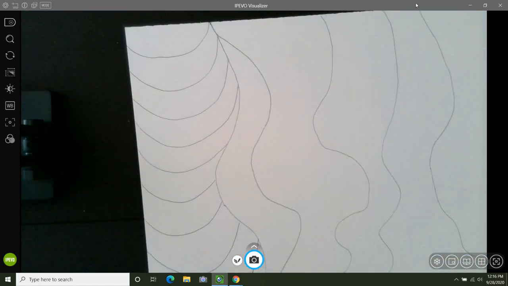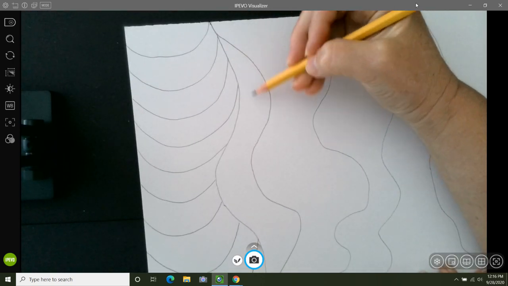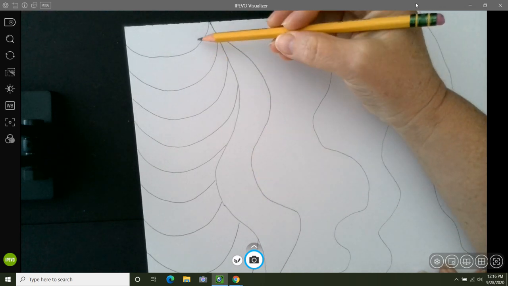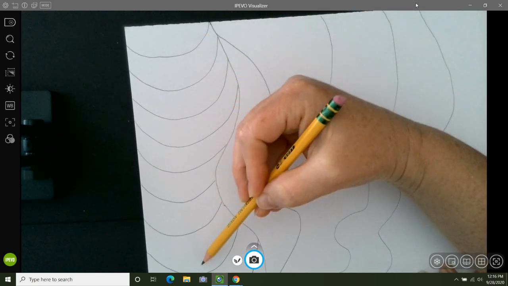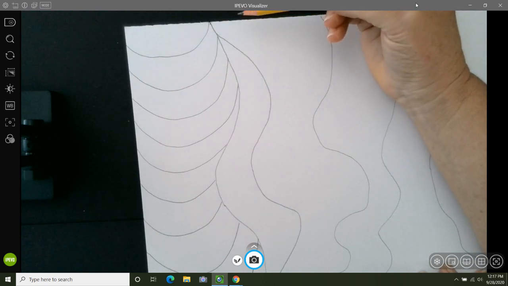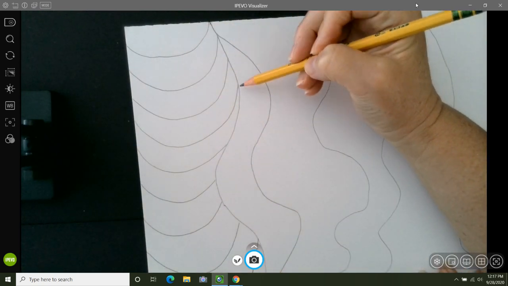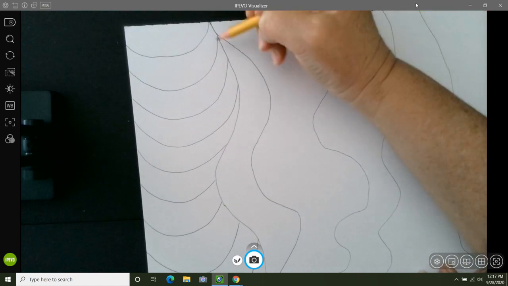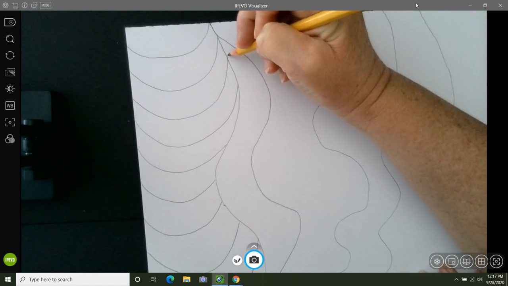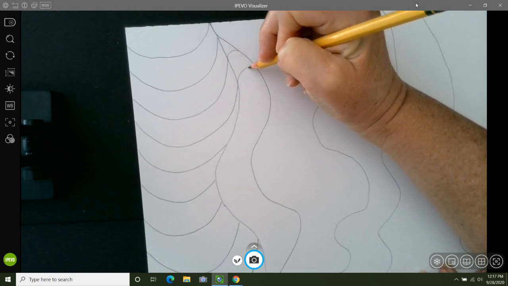So as we work, you'll see more of the illusion as we add curved lines. So let's go to the second section, and we're going to add lines in the opposite direction. So instead of curved like a smile, these will be curved like a rainbow. Now, one thing that you need to remember is the lines do not have to meet, but when I start, I like to start at a line, and I'm going to add the curved lines like a rainbow,